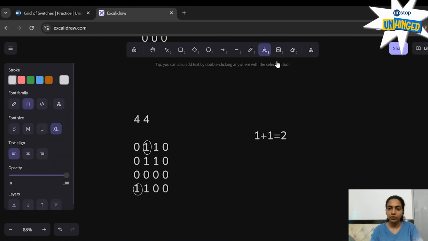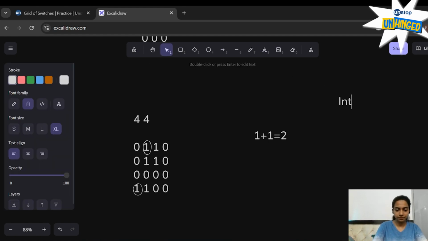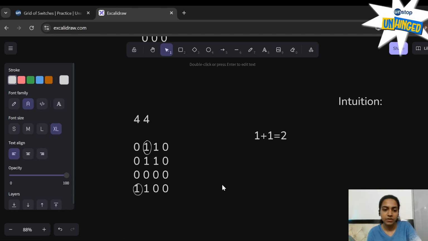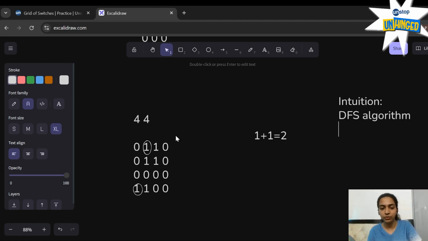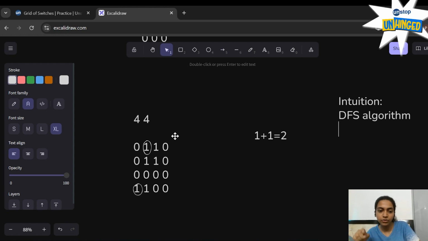So what is the intuition that we are using here? Any algorithm in which we can operate on all items that are connected directly or indirectly to that item is a DFS algorithm. So what we'll do is iterate through the grid and find a value that is 1.